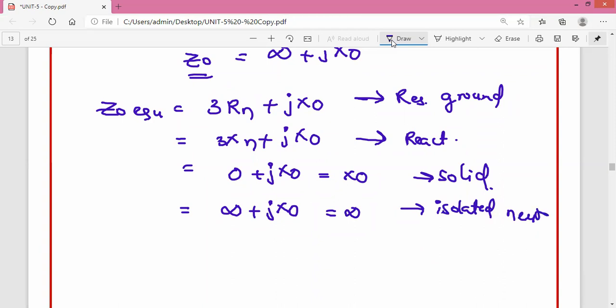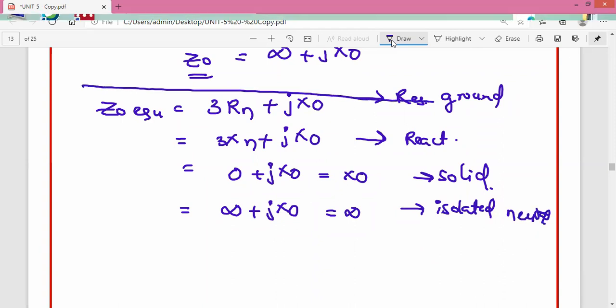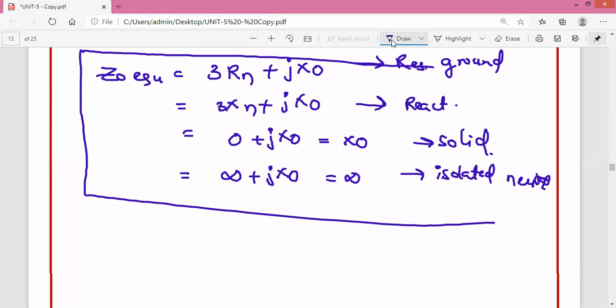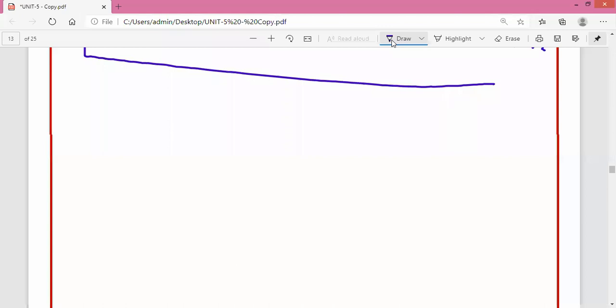Isolated neutral case. So these 4 points are important when you are preparing for a competitive examination. The value of zero sequence impedance. So I'm writing all the values together here. Conclusion of the zero